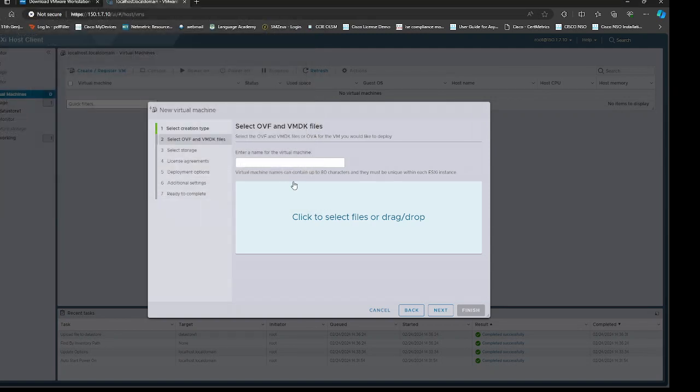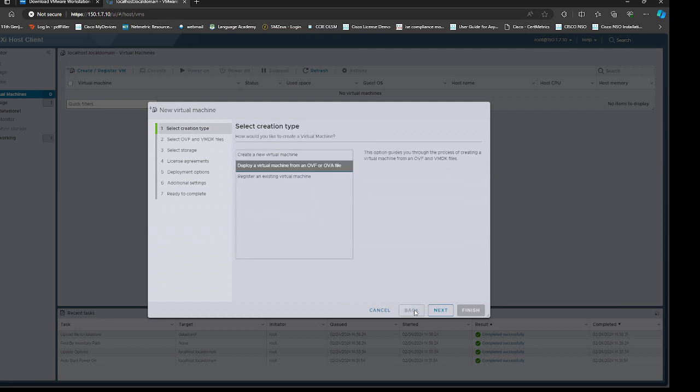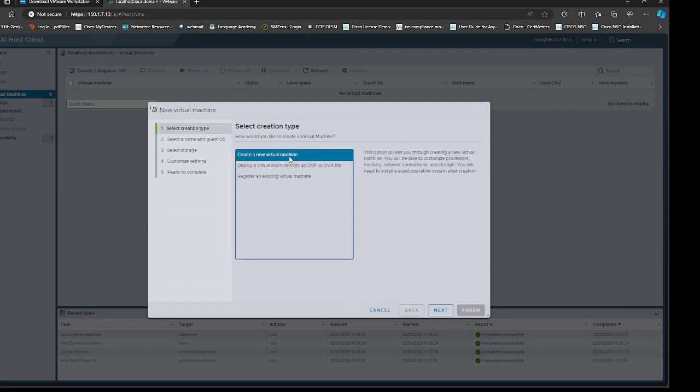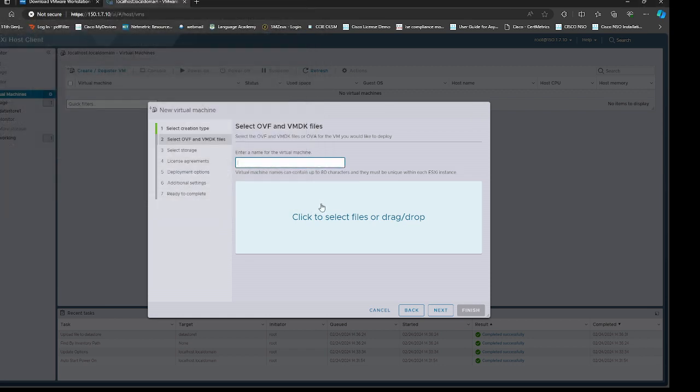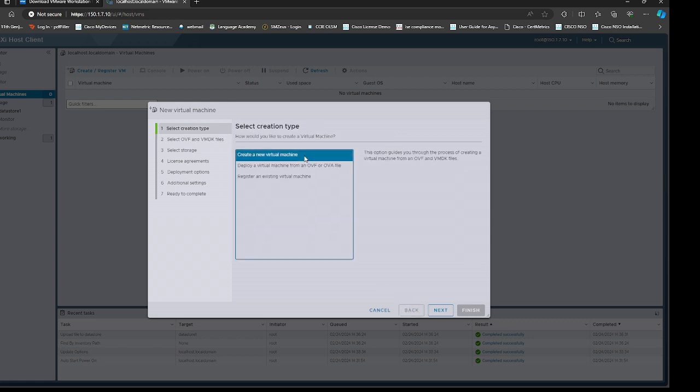Since I have uploaded the ISO image, that is, if you want to install your Linux, Windows machine and everything, Mac OS, you will always select this option, unless you got this kind of file for your Windows or Mac OS. Until you got this kind of file, you're not able to install those machines. So for the MikroTik router, I do have an OVF file as well as the ISO file. So I'm going with the ISO file.